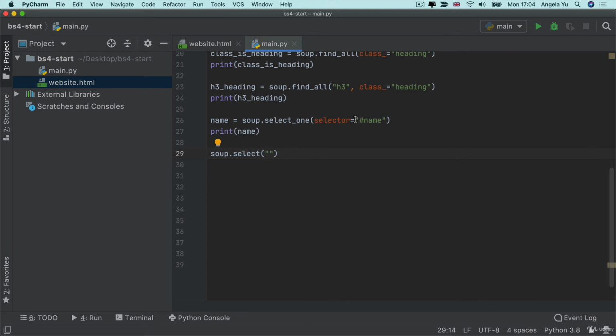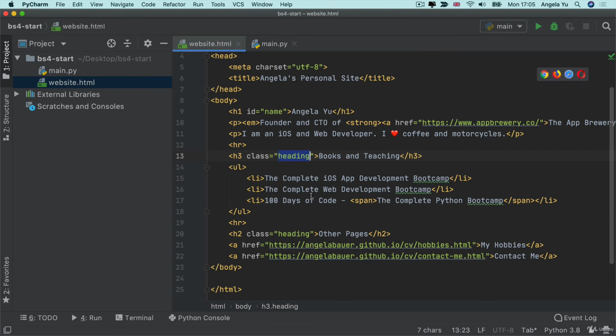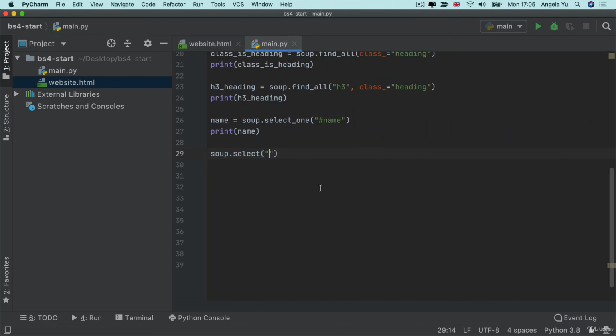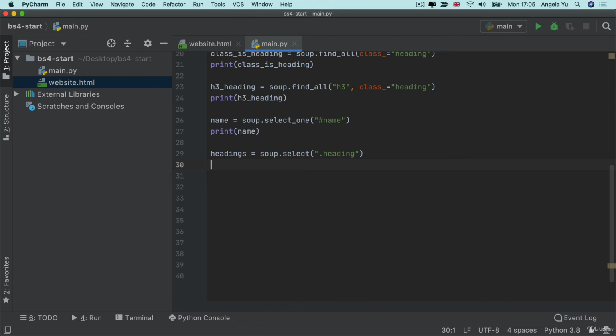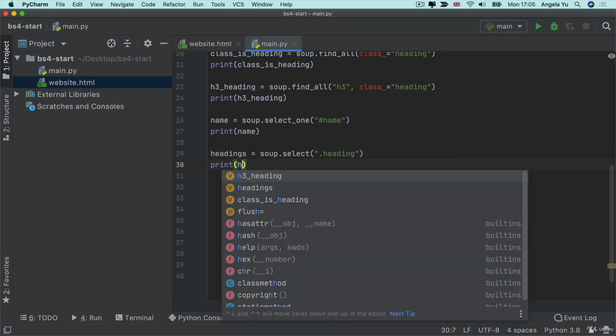So similar to this, we can have this keyword argument there, or we can delete it. And this selector will be using the .heading in order to select the element that has a class of heading. And this is now going to be a list if we print it out